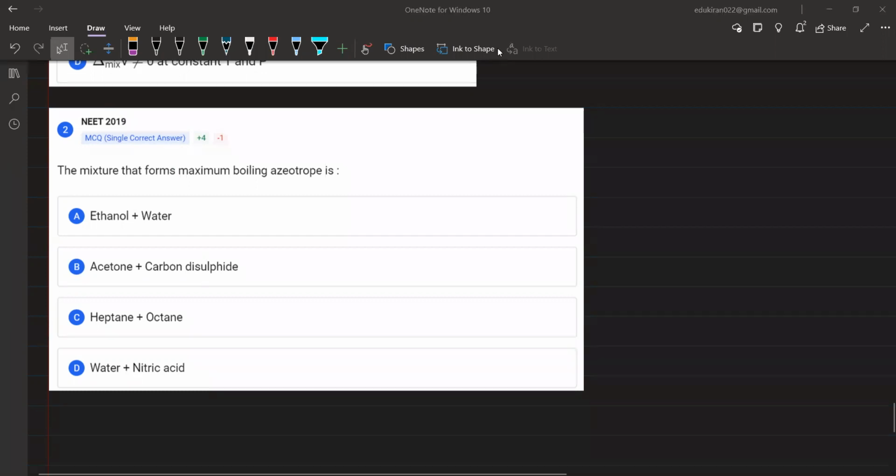ये सीरम करेक्ट, फहद करेक्ट, वेरी गुड। देखिए, मैक्सिमम बॉइलिंग का क्या मतलब हुआ? मैक्सिमम बॉइलिंग का मतलब हुआ पॉजिटिव डेविएशन, नेगेटिव डेविएशन, Negative. नेगेटिव डेविएशन, है ना? नेगेटिव डेविएशन के एग्जांपल में क्या मिला होगा आपको? वाटर एंड नाइट्रिक एसिड। सही है। नेक्स्ट मूविंग ऑन, और कर लीजिए कुछ कुछ सवाल आप लोग।